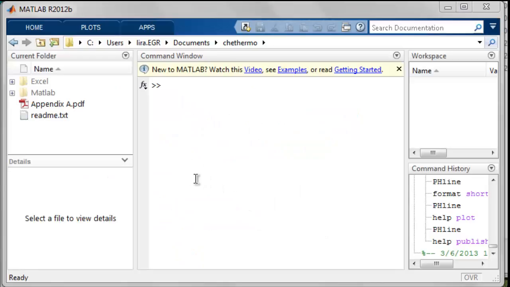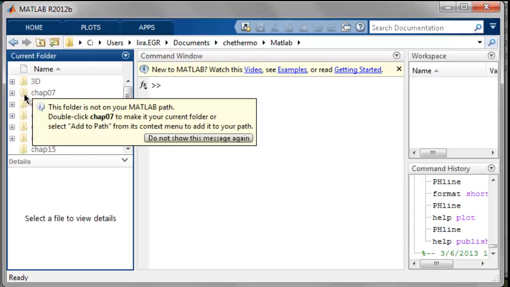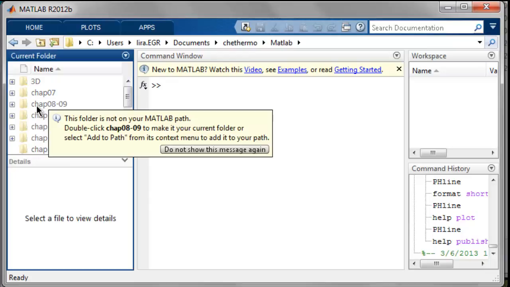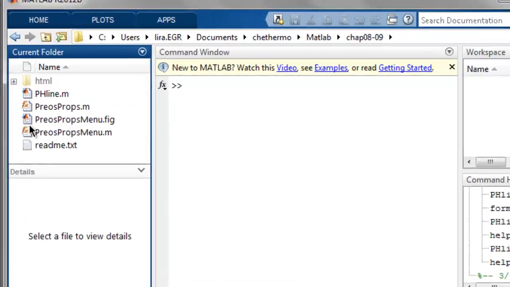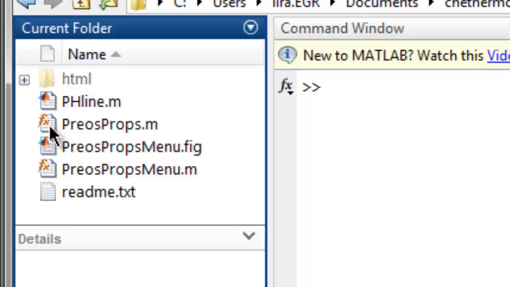Alright, so if we go to the ChemiThermo folder, you can see I put the programs here in ChemiThermo. I'm going to go into the Matlab folder, and we're interested in the property calculations in chapters 8 and 9. And I'm going to first open PreosProps. There are 3 files here that are Matlab files. PreosProps, which will do the property calculations,